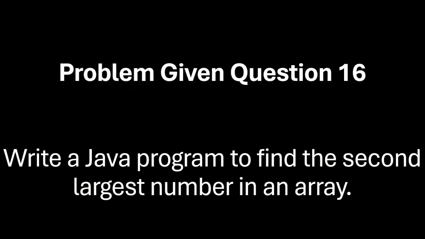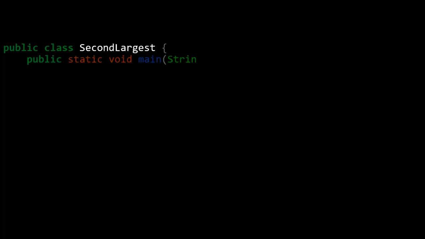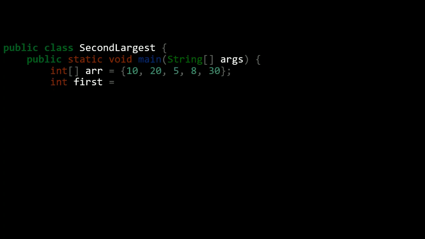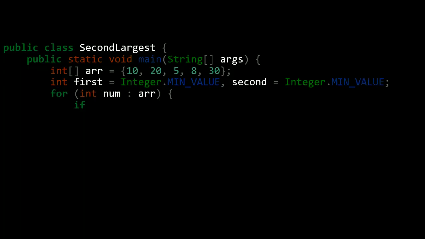Let's move to question number 16. Write a Java program to find the second largest number in an array. And here is your solution. One array is declared with some data, and let's get the first max value. Second is again another max value, and from your